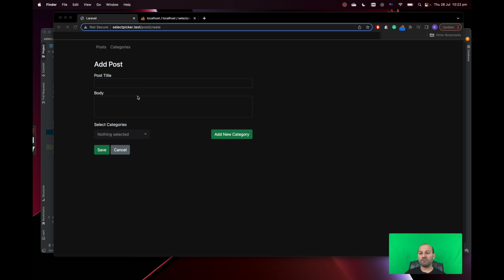So here we've got a very simple application with posts and categories. There is a many-to-many relationship between posts and categories. It means each post may belong to multiple categories, and on the other hand, each category can be assigned to multiple posts. So the problem that we are going to solve in this tutorial is that sometimes it happens